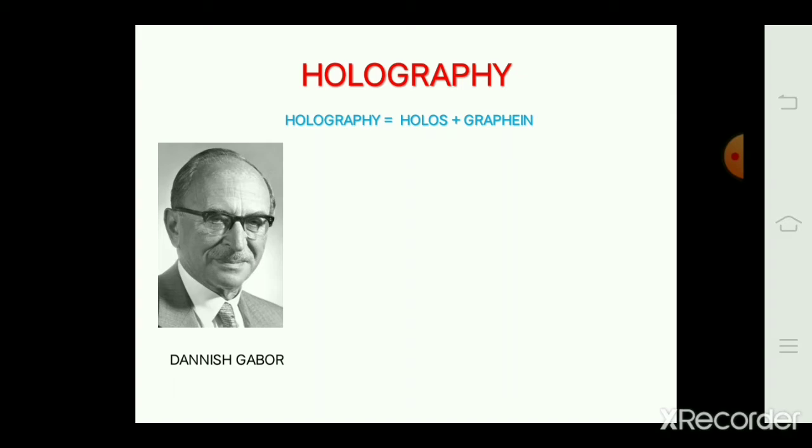Holography is actually a recording of interference pattern formed between two beams of coherent light coming from the same source. In this process, both the amplitude and phase components of light wave are recorded on a light sensitive medium such as a photographic plate. The recording is called as hologram.